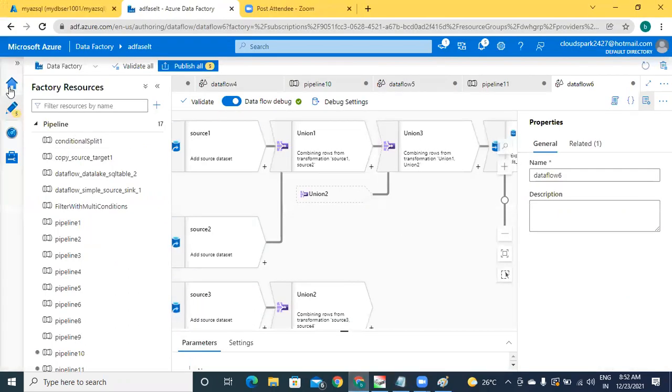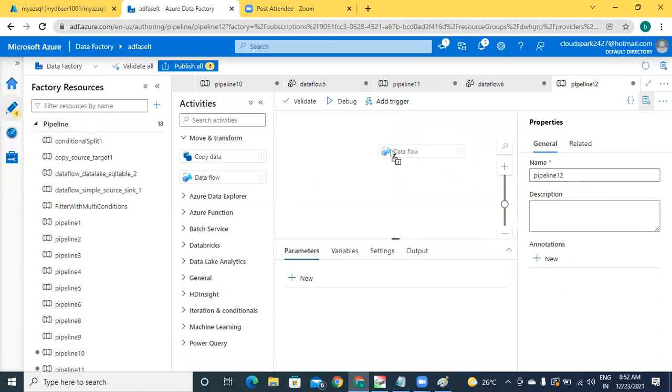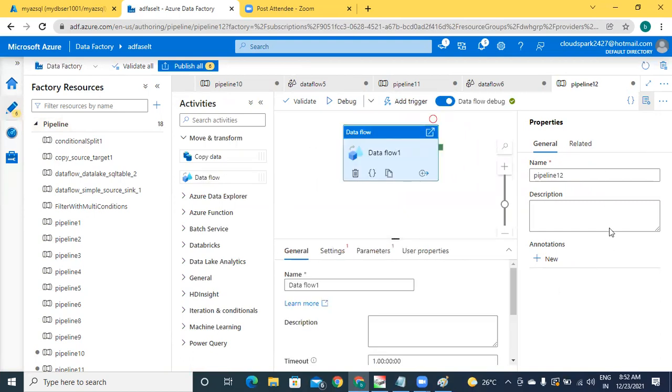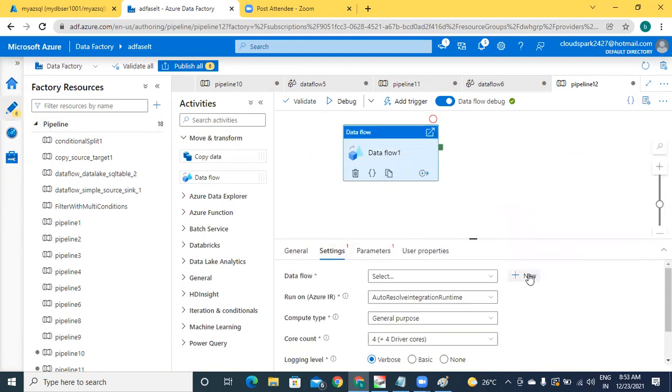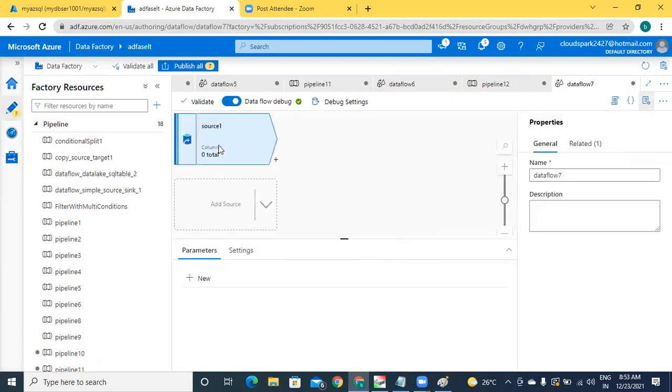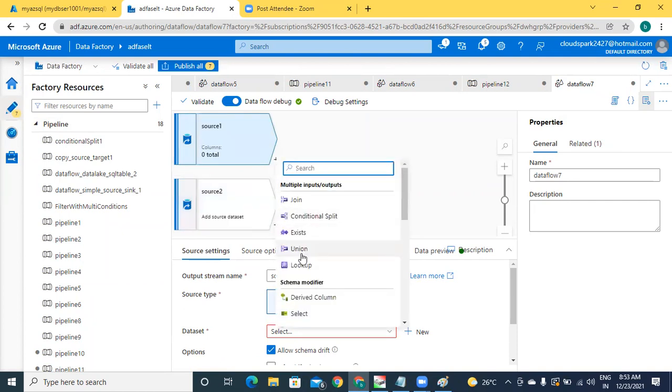Okay. Let me go for another one, sir. Once again, I am coming to a new pipeline. The data flow activity I am dragging here. Under data flow, go to the settings, create a new flow, adding the source, adding one more source. This is union.